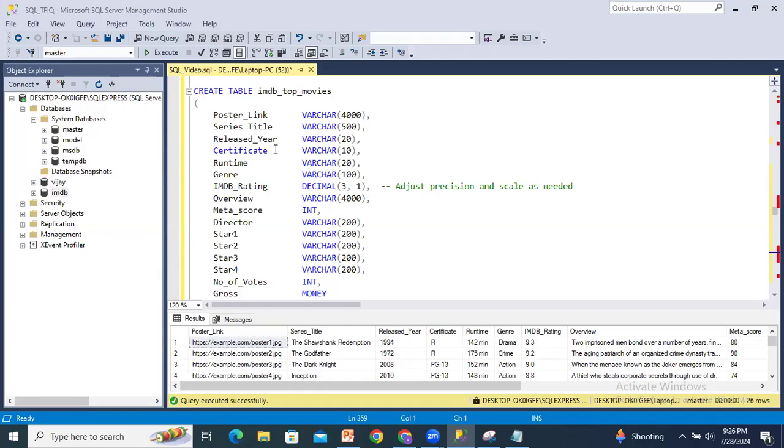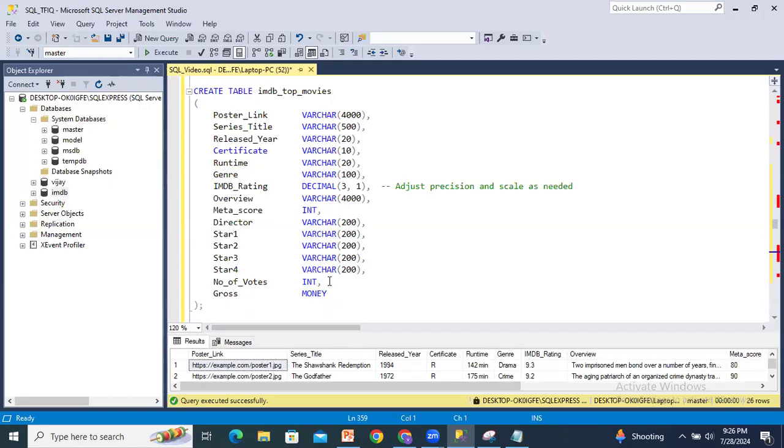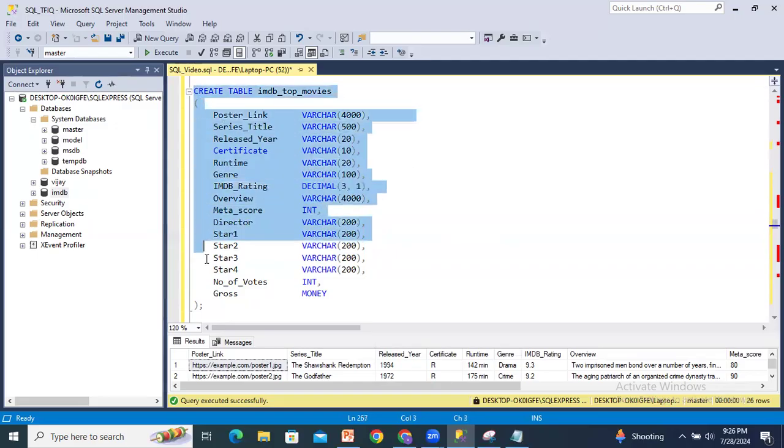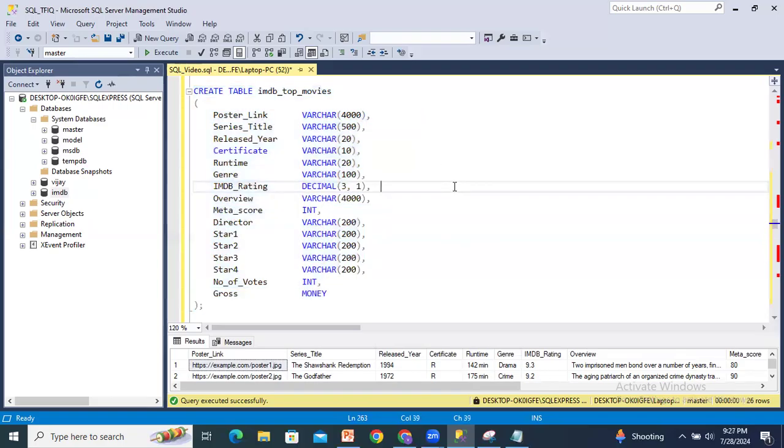So first I'm creating one table here. The table looks like this: IMDb top movies. I'm creating this entire table. The columns are poster link, series title, release year, certificate, runtime, genre, IMDb rating, overview, metascore, director, star 1, star 2, star 3, star 4, number of votes and gross. I just took this structure of the table,